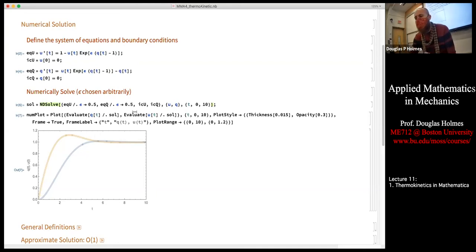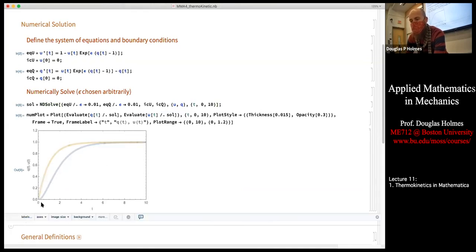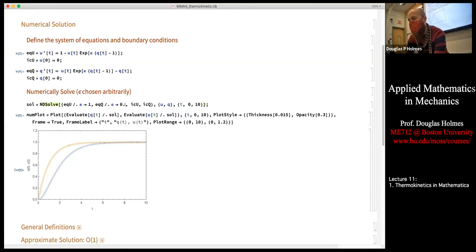Here the nonlinearity is different. The nonlinearity is occurring in this intermediate regime. It's not really happening at small time, it's not really happening at large time, it's happening in here. And you can see that as I change epsilon. If I take epsilon as 0.01 and plot this again, I see that our solution at the edges doesn't really change. It starts at 0, rises fast, and eventually plateaus. If I change this to about 1,